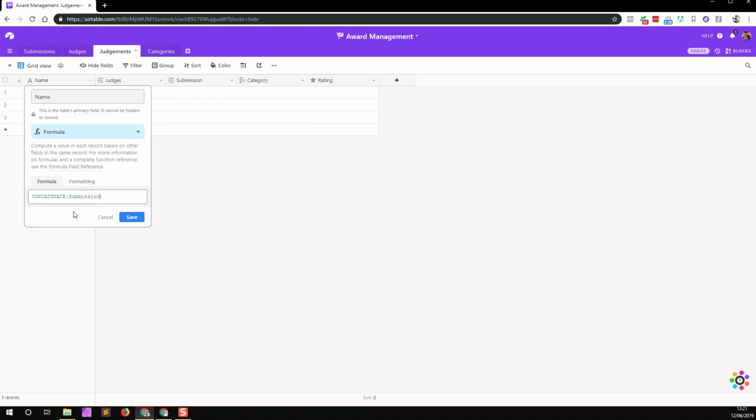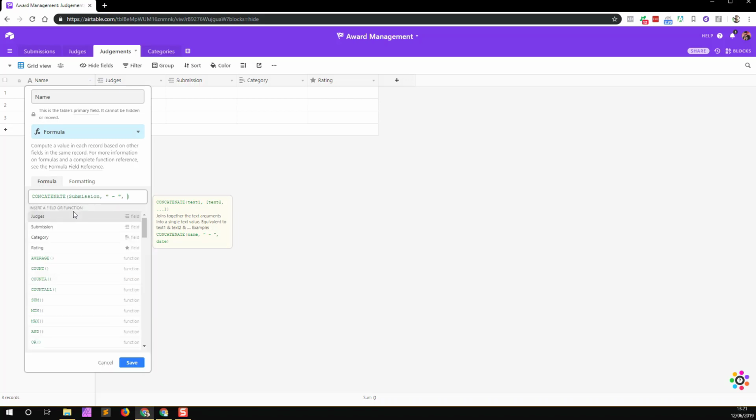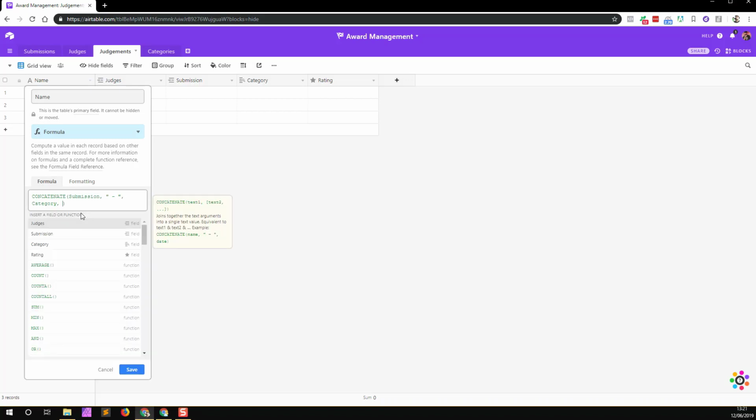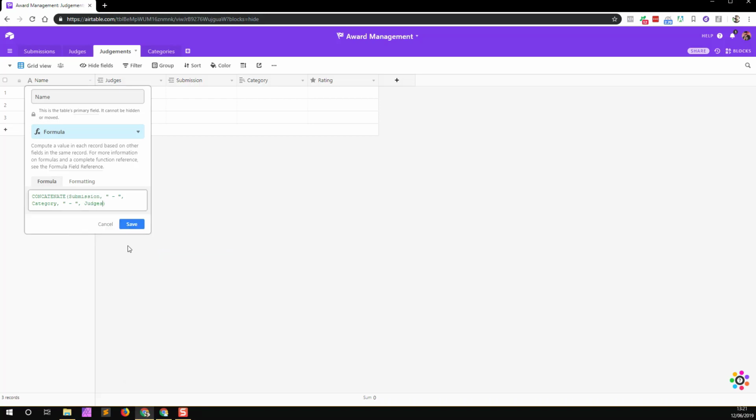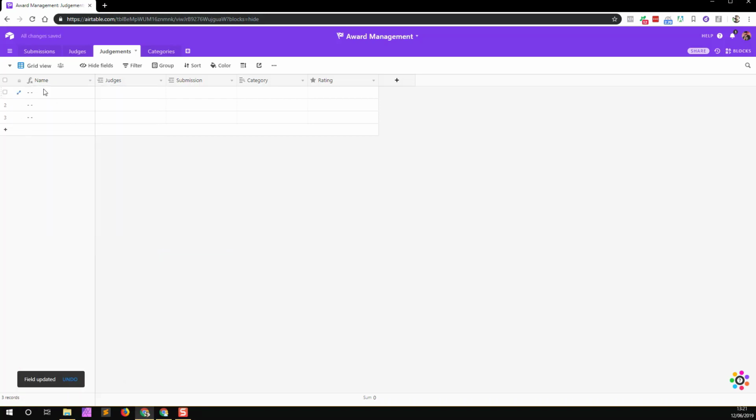There we go. I'm then going to create a little separator here. I then want to see the category that submission is from. And then finally, let's put in another separator. I want to see the judge. Save. So that information is going to be automatically shown to me in there when I'm reviewing this later, which